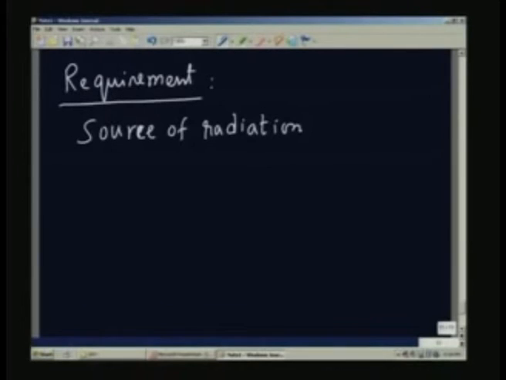I think we have already looked at this source of radiation to a small extent when we were talking about pyrometry. We talked about a black body source. So, we can have a cavity radiator which will give black body radiation, and that could be a source of radiation. Of course, that is normally not used in practice. We may use some other source of light, like for example, the tungsten filament lamp, or we can use a glowing resistor which is heated by electrical means and it glows and gives radiation. It is called a glow bar.